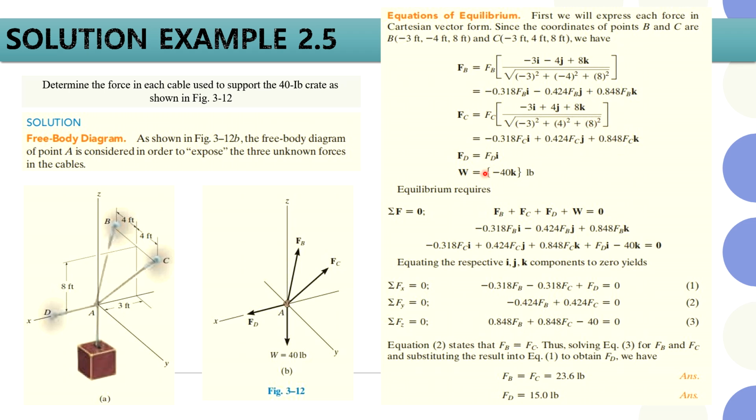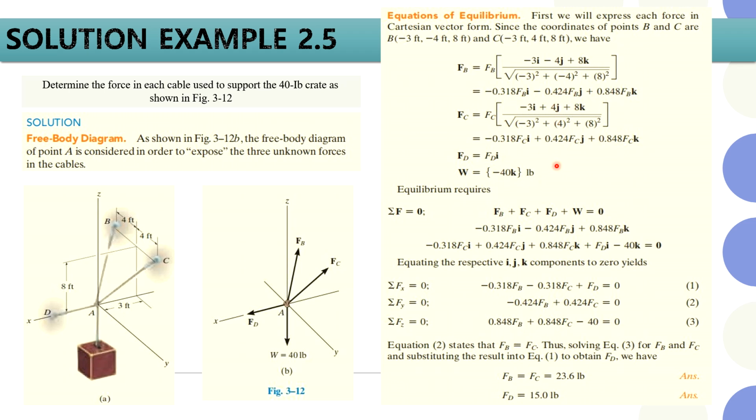For FD, it will point straight along the x-axis, here the x direction. So it's just in the i direction because it only points straight along the x-axis. And the weight will act straight down here. So it's purely in the negative k direction, which gives you the negative 40k. So once we express all forces as vectors,